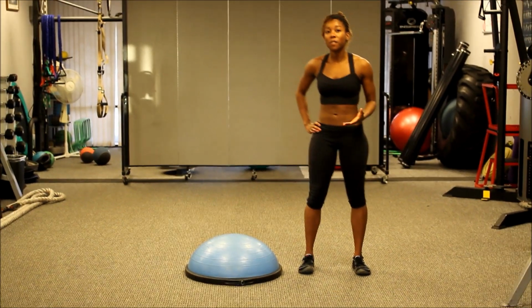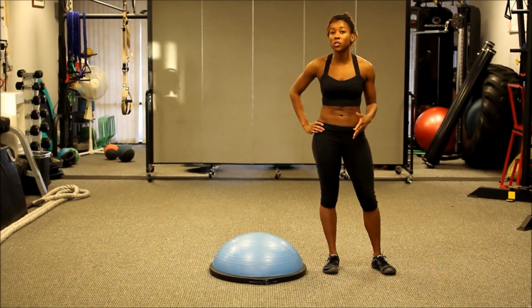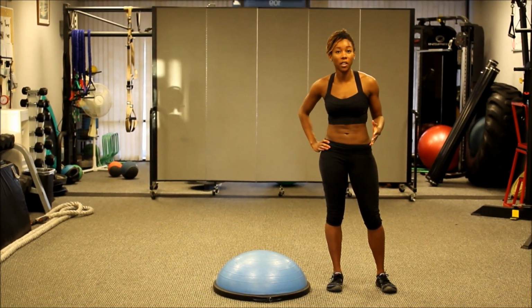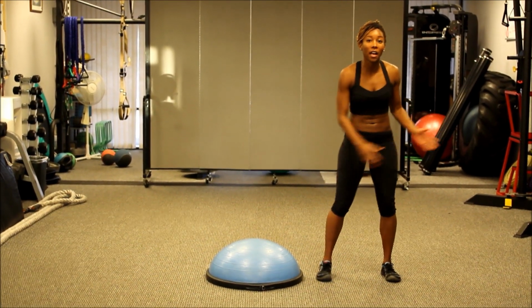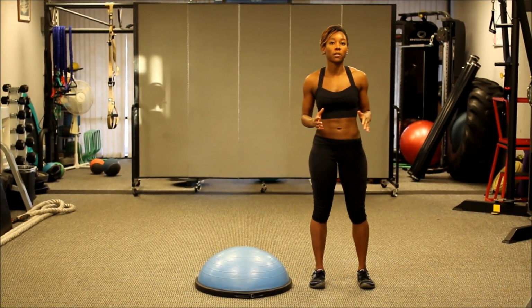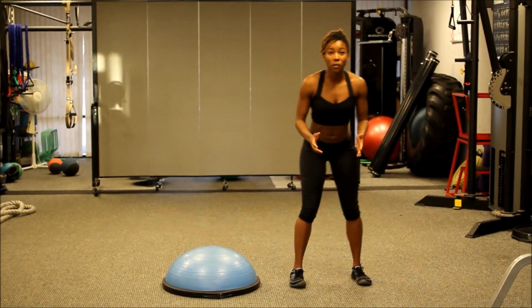The first exercise of our circuit will be a BOSU lateral agility sprawl. Now this is a great exercise because it trains multiple planes of movement and explosiveness in these planes of movement. So we're going to be moving laterally and we're going to be going onto the ground, picking ourselves back up as quickly as possible. So to begin this exercise, we will start on the side of the BOSU with our